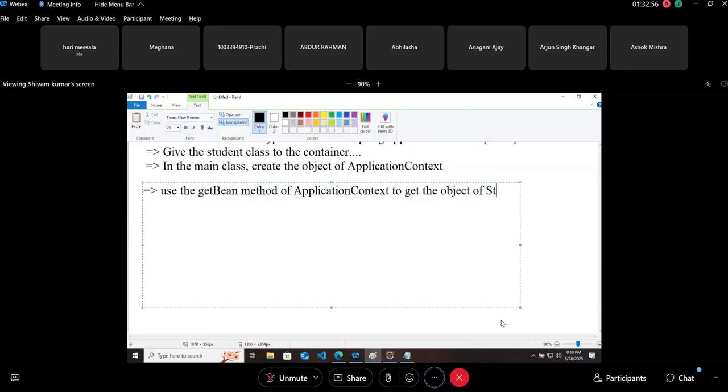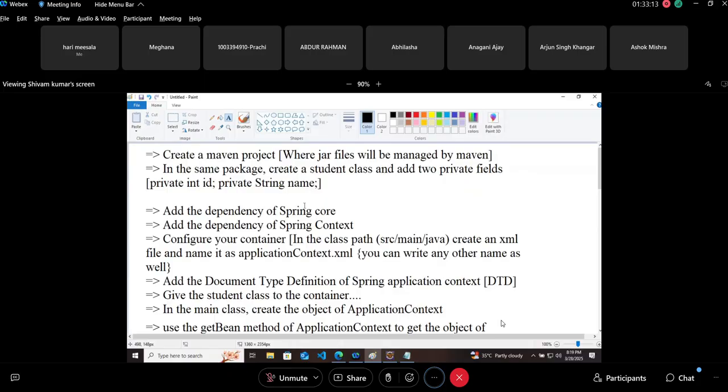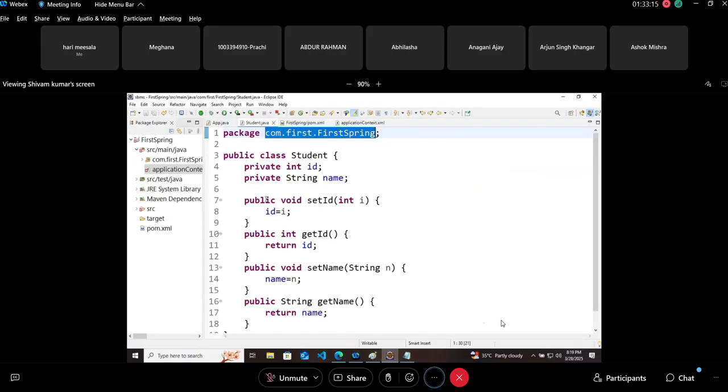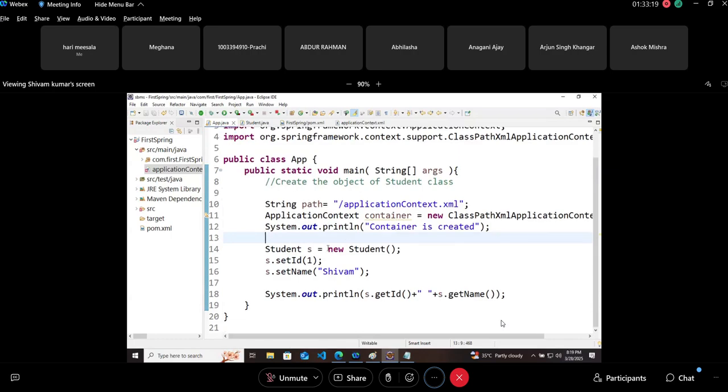Which method? Get bean. There are other methods provided by application context, but we are not taking our discussion there because first you should run this application without any error. Then we will have a detailed in-depth explanation of each and every term. For that, what we have to do, which method I told? Get method. For what? Creating object.